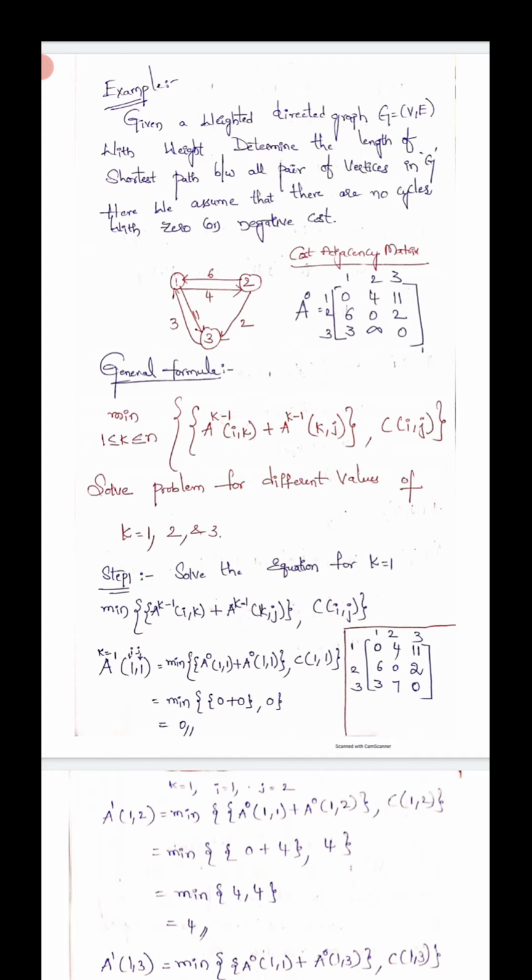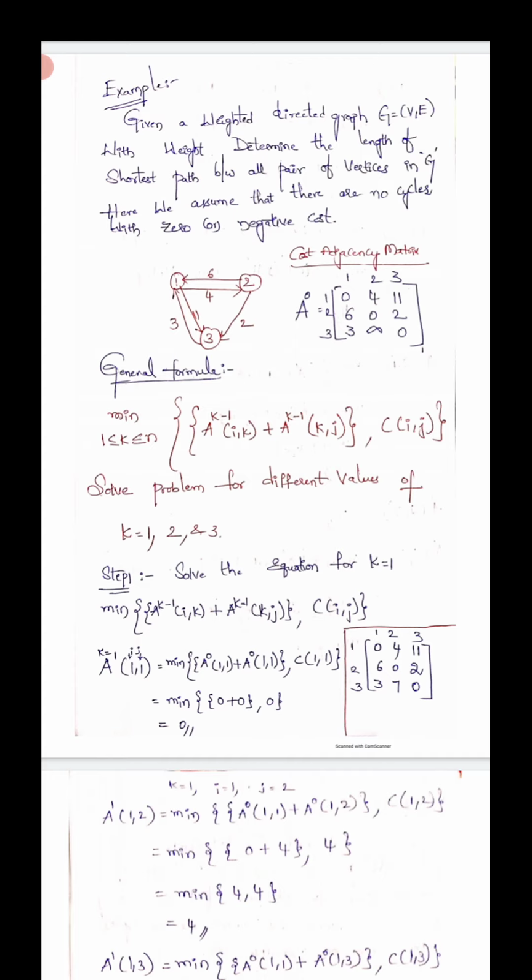Look at this matrix, all of you. 1 to 1 is always 0, 2 to 2 always 0, 3 to 3 always 0. Why? Because there is no direction, that's why I will keep zeros. Now we have to check 1 to 2, how much is the weight in the diagram? The weight given in the directed graph is 4. And look at 1 to 3, how much?